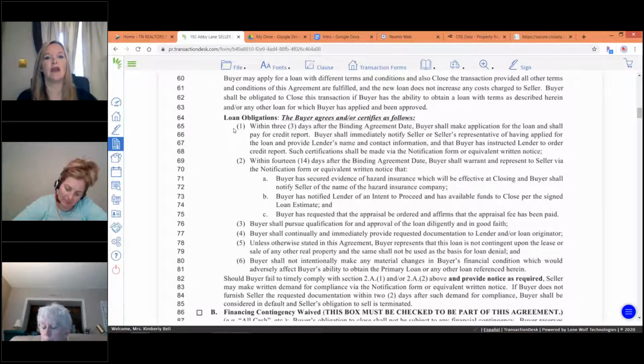Provide the lender's name and the contact information, and that the buyer has instructed the lender to order the credit report. Such certification shall be made via the notification form or the equivalent written notice. Know this, that I actually have a